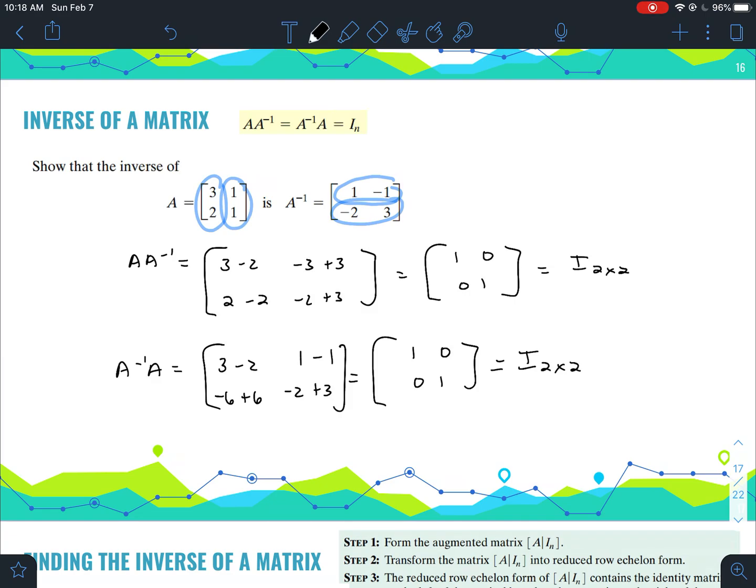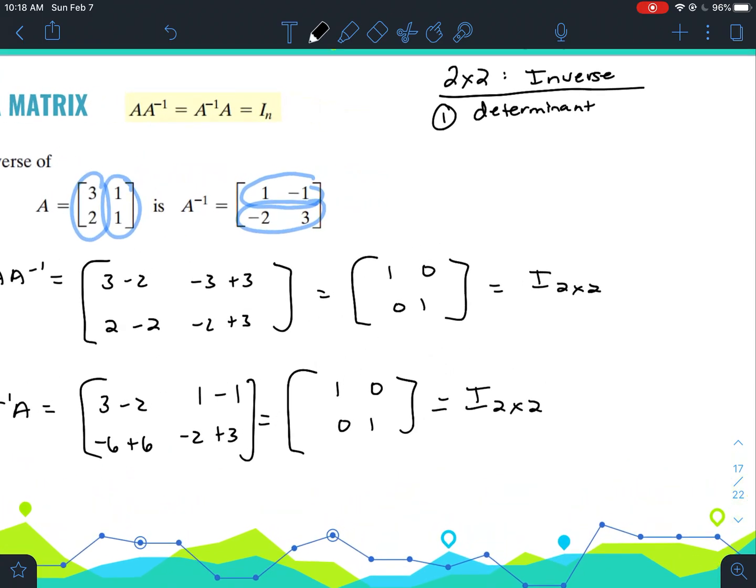That is one way to show that a matrix and another matrix are inverses. You can also find the inverse of a 2 by 2 matrix with another relatively easy process. One, you find the determinant. So if I found the determinant of matrix A